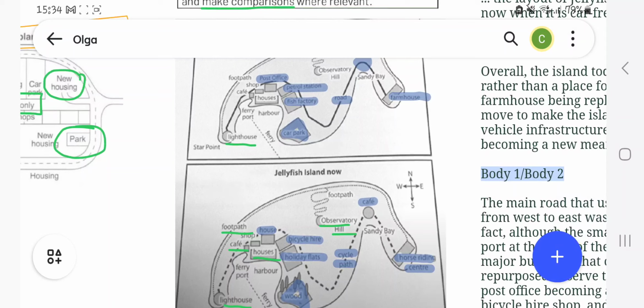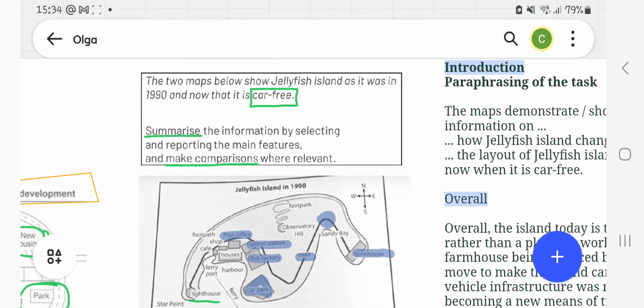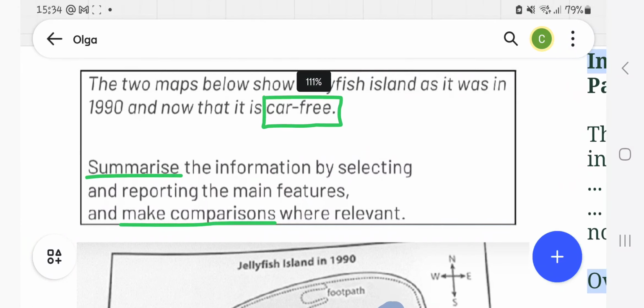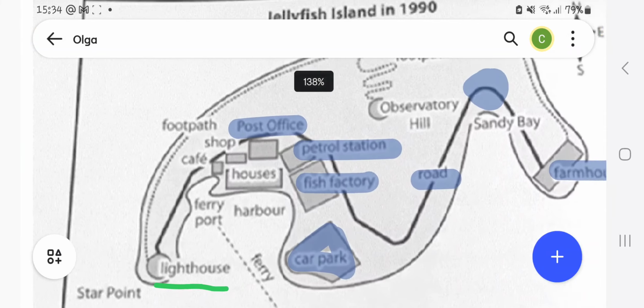So, if we summarize the information that we get from this analysis, we can see that the changes happened in the west of the island, in the east a little bit, somewhere in between, and we see no changes high in Observatory Hill and with the footpath. It's the same in both maps. So, what conclusion can we make? We can see that in the task it's given that the place is car-free. And if we look at the maps, we can see that